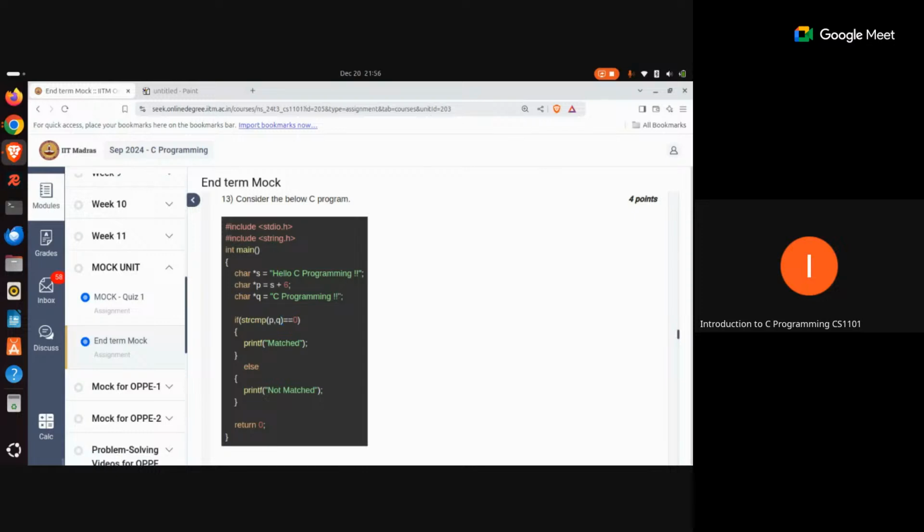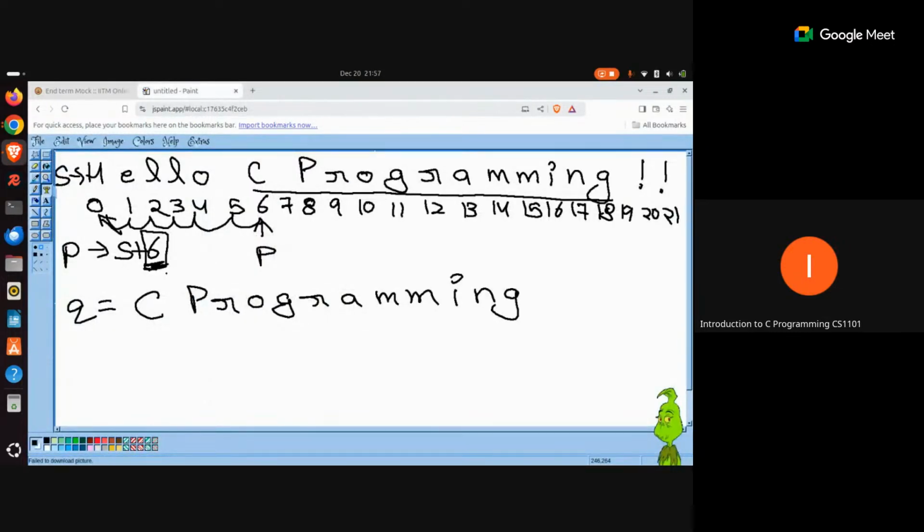The way strcmp works is that if the values you have provided to the strcmp function come out to be equal, then it is always going to return 0. But if the values are not equal, then it can return a positive or a negative number depending upon which value is greater. Okay. So does anyone know how strcmp works internally? Though you don't need to worry about the internal implementation, does anyone know how it works behind the scenes?